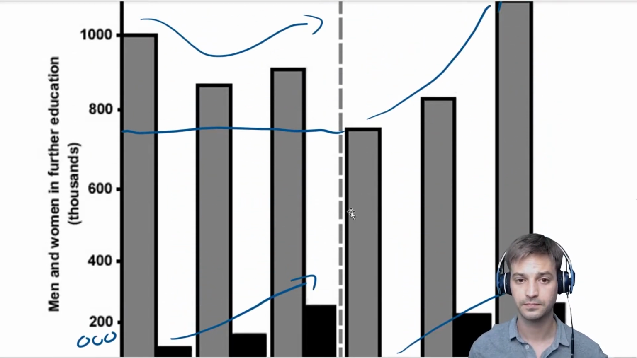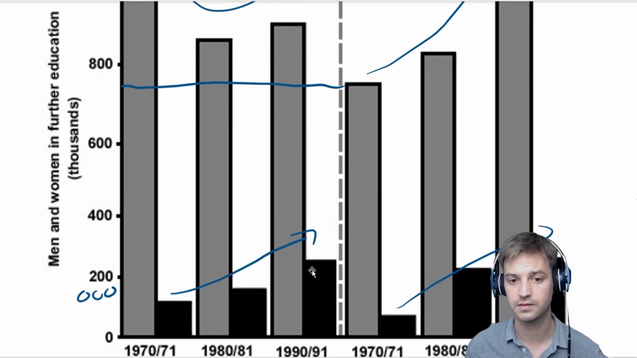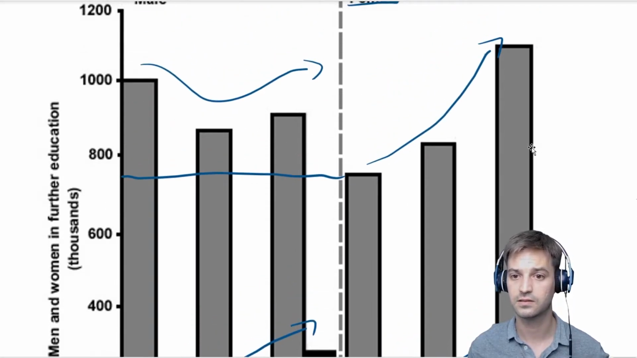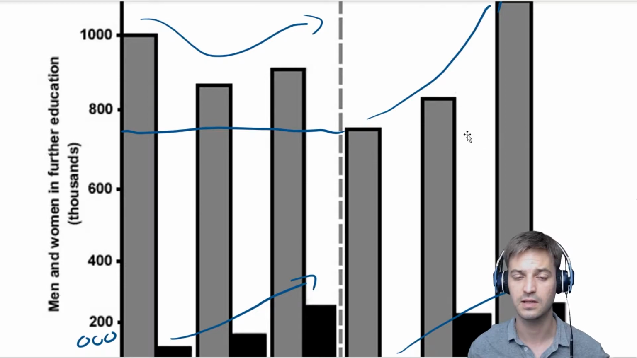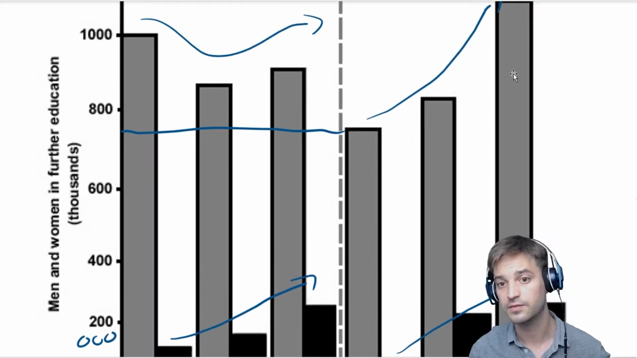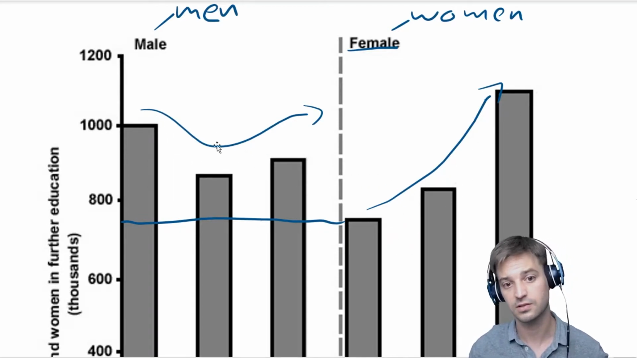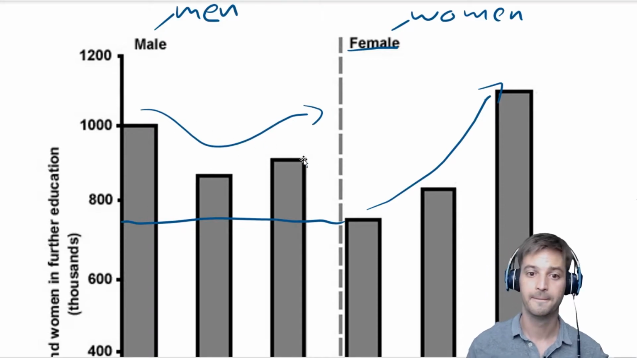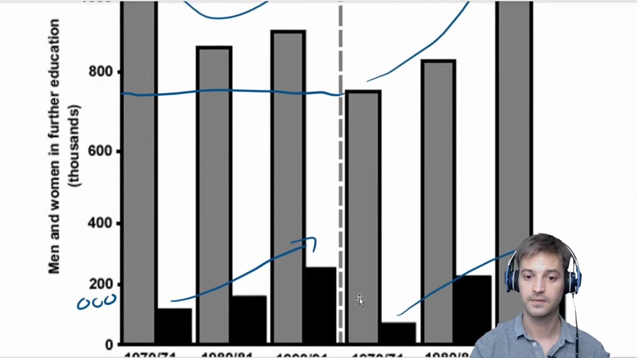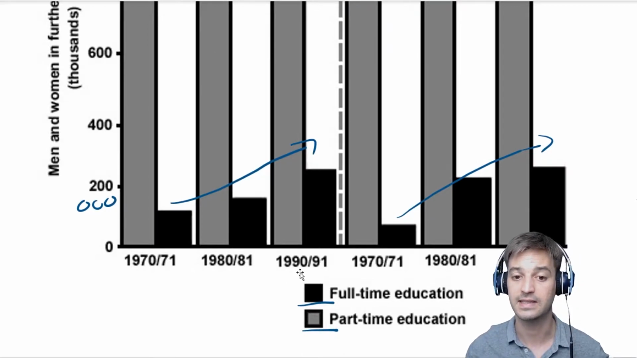Let's now look right at the end here, because this is where we see the big changes. In part-time education, we can see that female part-time education really skyrocketed, whereas the male part-time education took a bit of a dip. So we can write that. We can say in the 1990s, we can see here, this is 1990 to